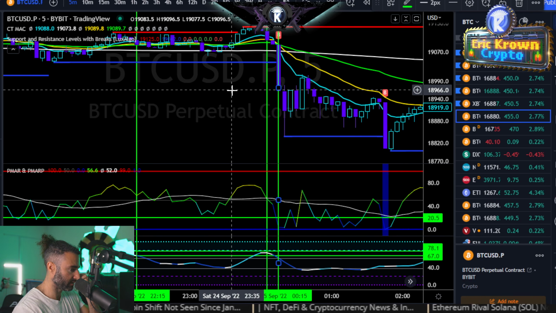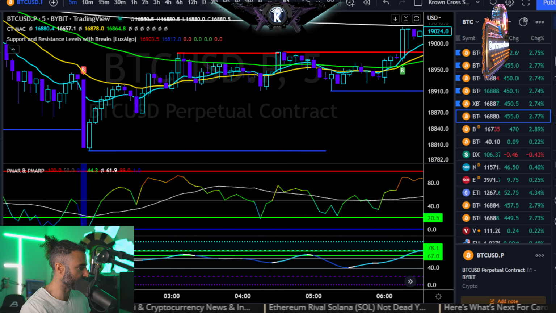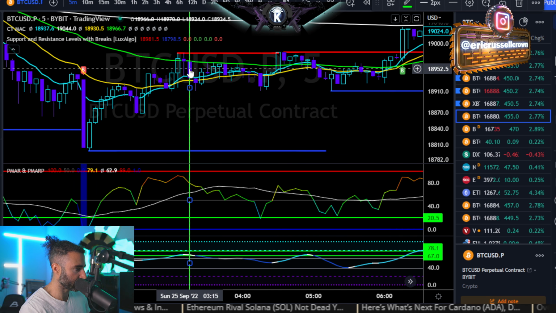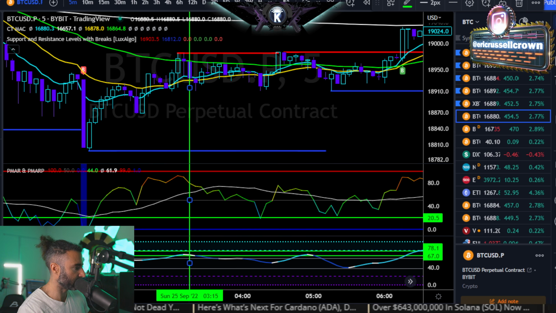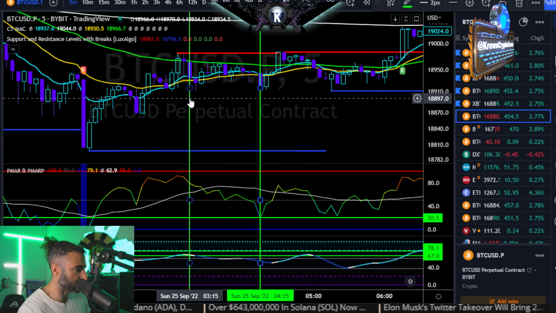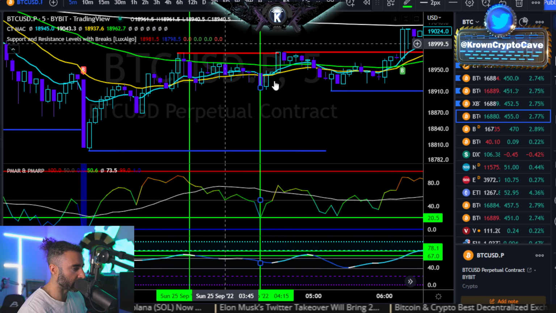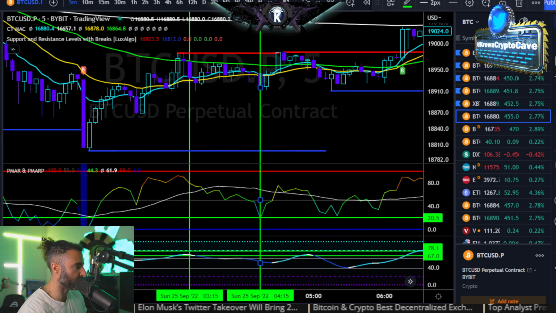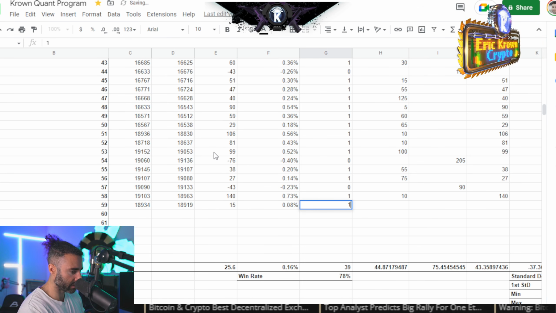We'll do 10 full ones, and then I will turn it over to you. We'll look at the results again. We'll recalculate them, actually. Get another example right here. Boom. And we actually get our exit right here. So a very small winner, but our entry is 18,934 and a half. Okay, exit is 18,919. All right, very small gain.